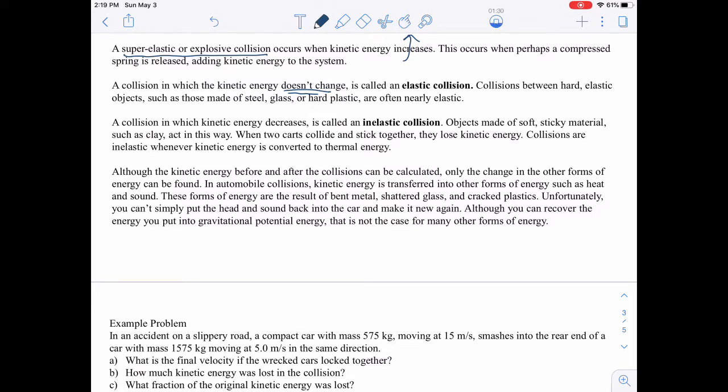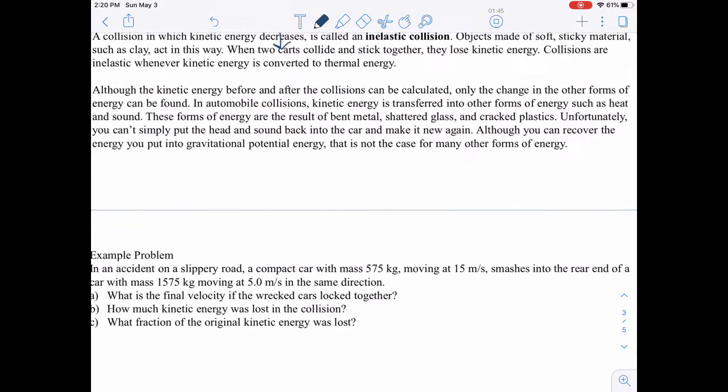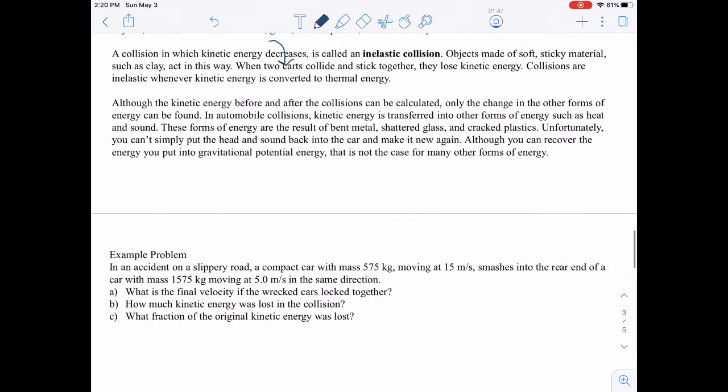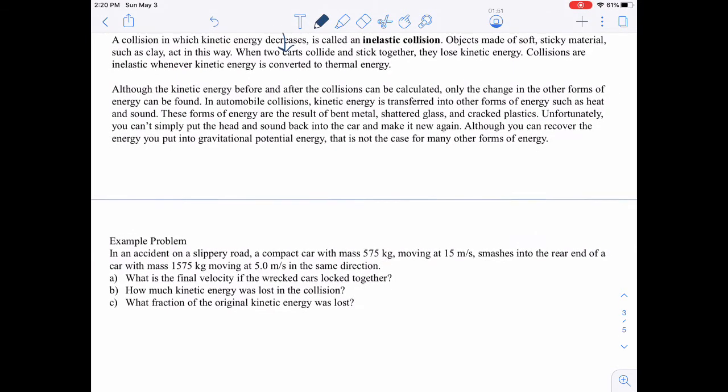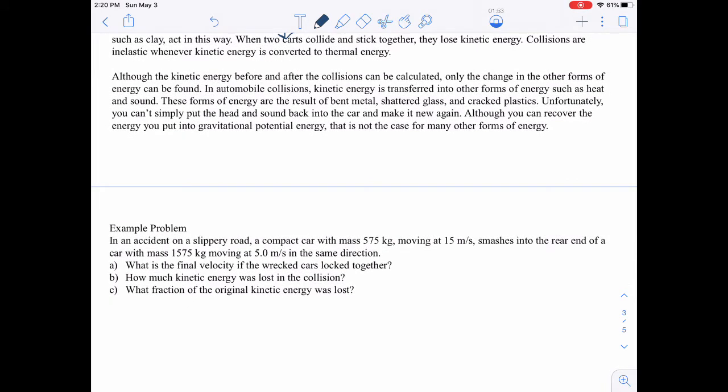A collision in which kinetic energy decreases is called an inelastic collision. Objects made of soft, sticky material, such as clay, act in this way. When two carts collide and stick together, they lose kinetic energy. Collisions are inelastic whenever kinetic energy is converted to thermal energy. Although the kinetic energy before and after collisions can be calculated, only the change in the other forms of energy